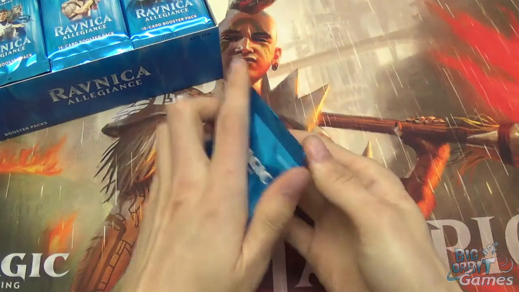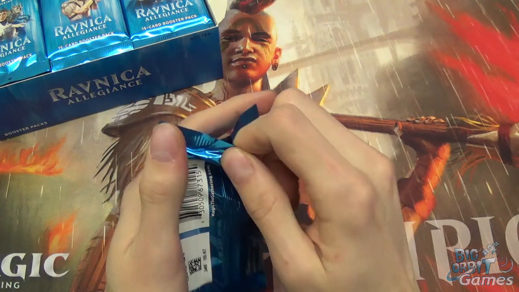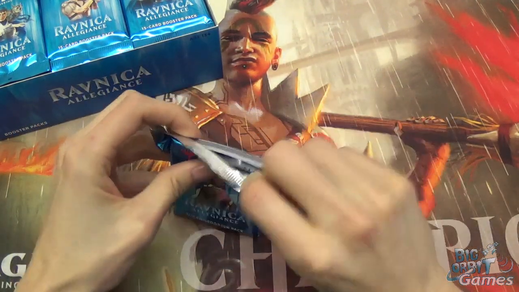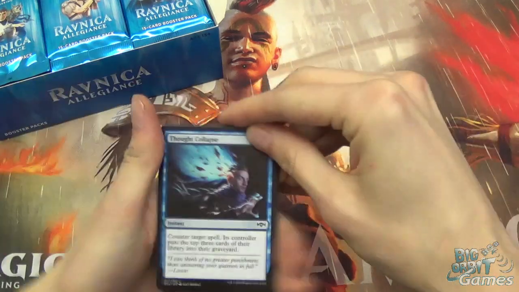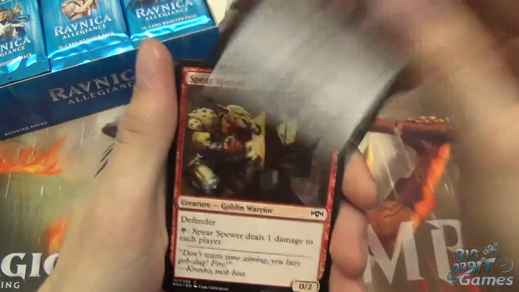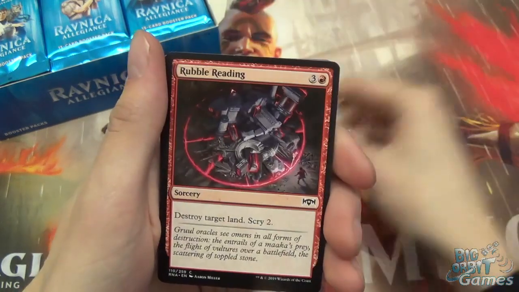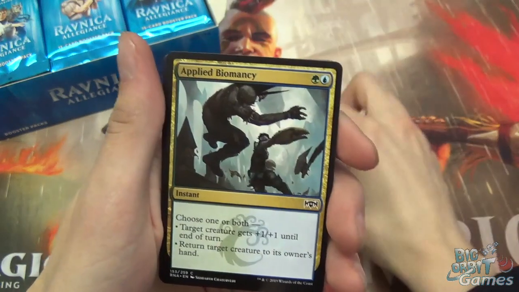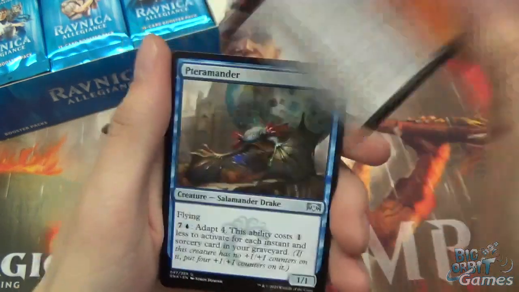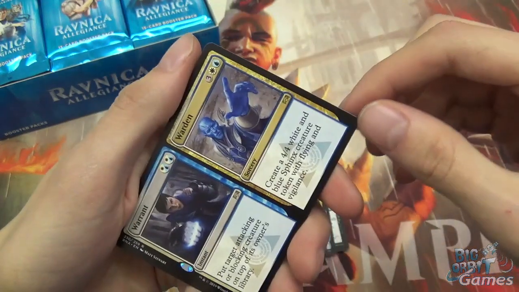Okay, a lot of cards to go through, so I'll get to a certain point and then I'll just start sort of skipping through them and showing you just the rares and mythics. So Thought Collapse, Stony Strength, Bring to Trial, sorry, I'll hold it closer to the camera, Rakdos Trumpeteer, Spear Spewer, Sphinx's Insight, Rubble Reading, Wrecking Beast, Applied Biomancy, Catacomb Crocodile, Clear the Stage, Terramander, Rhythm of the Wild, Warrant Warden,